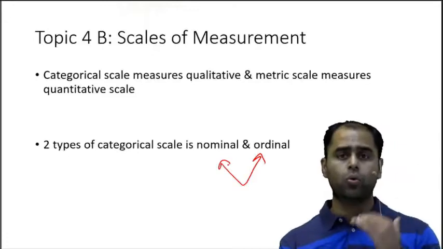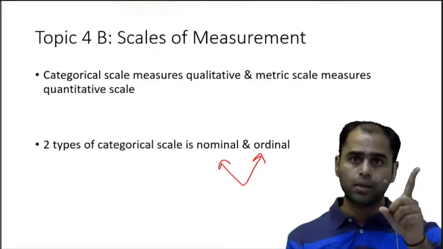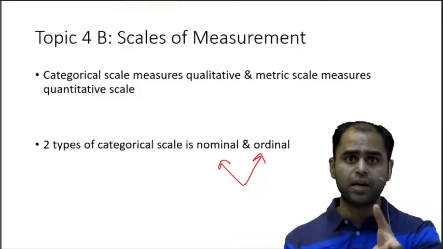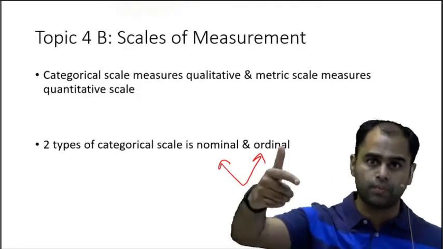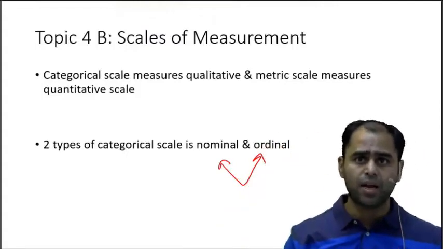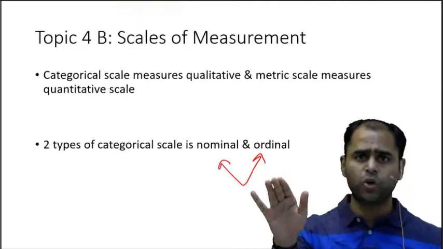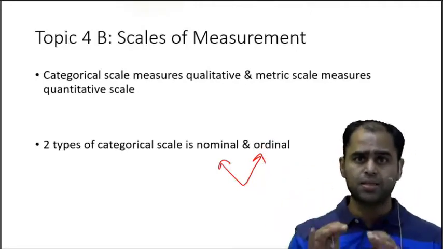Nominal, only names. Boy, girl, Indian, Australian, their names. Ordinal: tall, intermediate, short, there is an order. TNM staging, there is an order. Metric scale, interval and ratio, please don't get into details. In statistics, we do not use them separately. Yes, I hope it is clear.